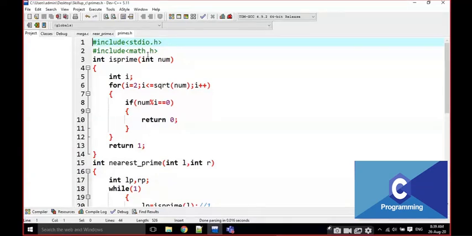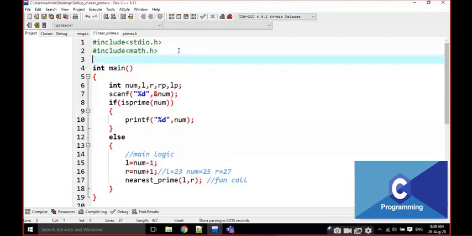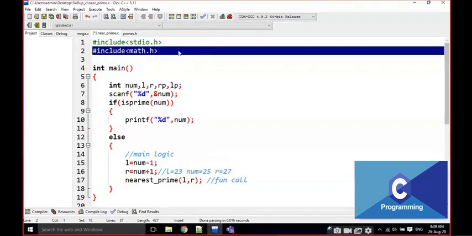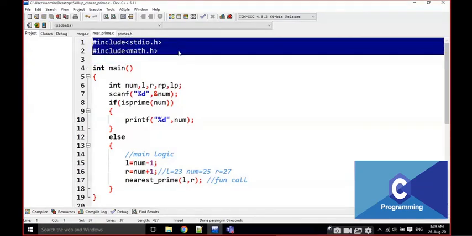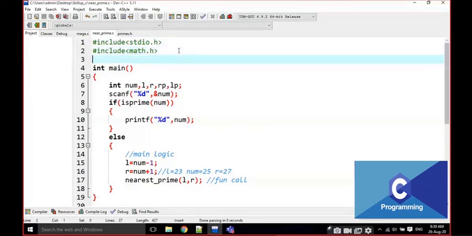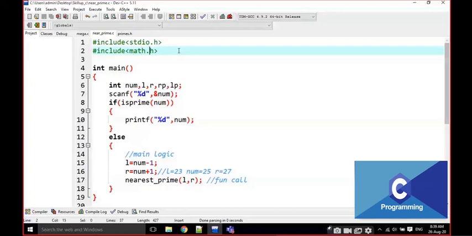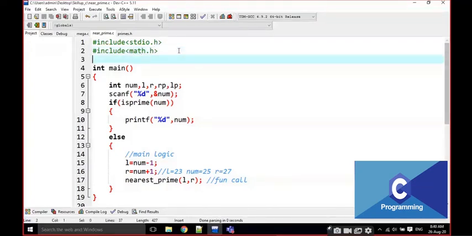Okay, now how to include this header file here. If you observe here, this is the predefined header file. How do I know it is a predefined header file? If you write the header file in between the angular brackets, it is going to be a predefined header file.